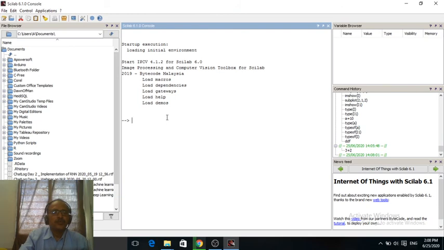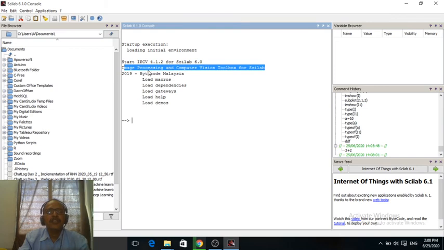Here we can write the different commands which are used in Scilab. After installation, this type of message appears: image processing and computer vision toolbox for Scilab. If this message is available on your screen, it means our installation is successful.